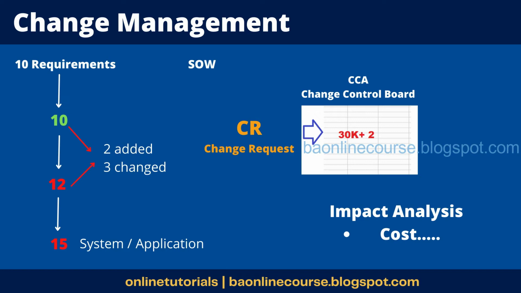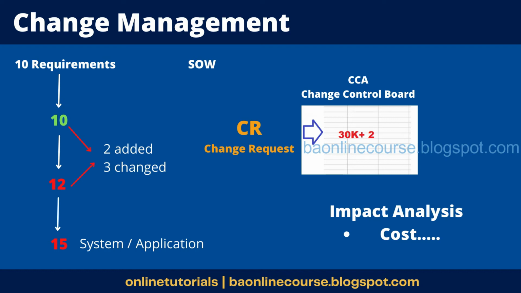What is the impact of that, right? So does it cost 20K more, or does it cost 40K, or is it the small thing which costs us 5K, right? And what is the effect on the timelines also? The request could come in when you are doing the design. It could come in when you are doing the testing also, right? So depending on that, the effort would also increase, right? If the request came in during testing, it might take you little more effort. If the request has come in only during your design phase, since you have not done your development and testing, the effort must be lesser, right?